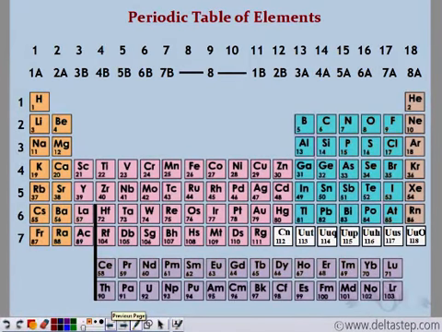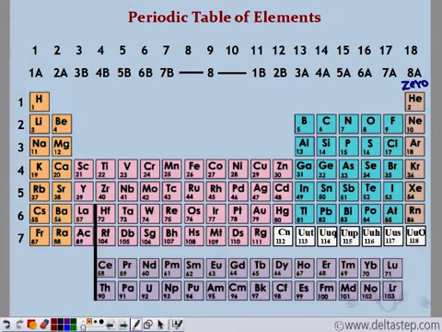So the modern periodic table has 17 groups. And this last group of elements was discovered after Mendeleev gave his periodic table. So they were accommodated by Moseley in his periodic table. These elements are also known as noble gases or inert gases, as they do not participate in any chemical reaction. This group is also known as group 0 because the inert gases do not participate in any chemical reaction. Okay. So here's how we get the 18 groups in the modern periodic table.